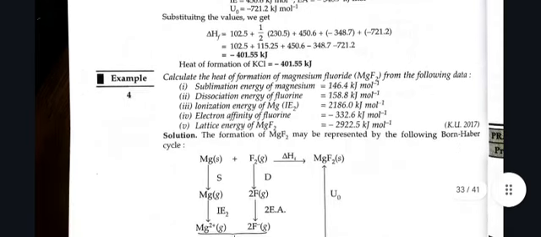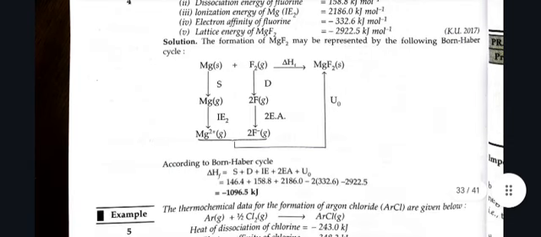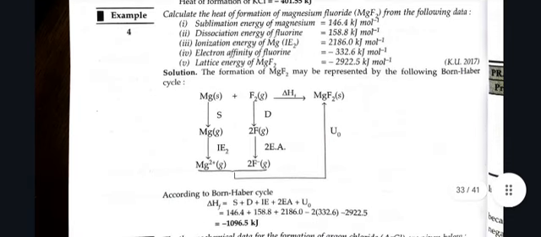Now the next question: calculate the heat of formation of magnesium fluoride, MgF2, from the following data. Sublimation energy of magnesium is 146.4 kilojoule per mole. All the values of energies described in this question are in kilojoule per mole, so I will not repeat this again. Dissociation energy 158.8, ionization energy 2186, electron affinity of fluorine minus 332, lattice energy of MgF2 minus